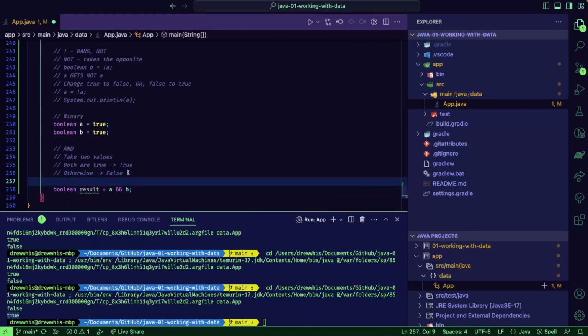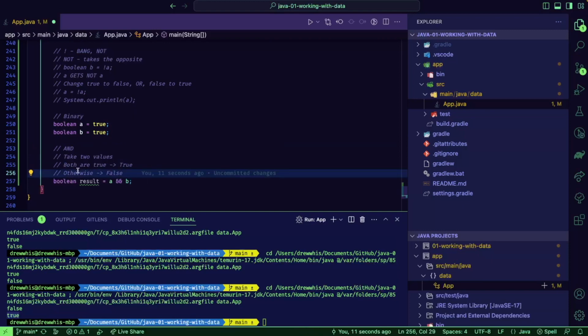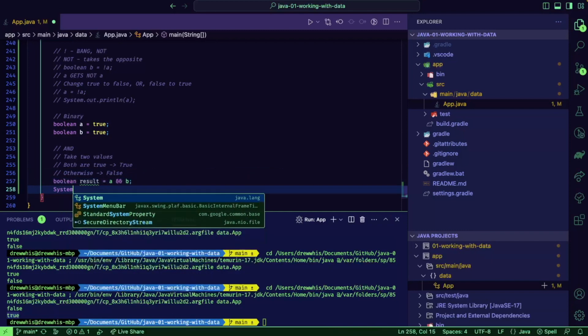And so the symbol we use for AND is two ampersand symbols. And what it does is it says take the value in A, take the value in B, and perform the AND operation. And the AND operation is defined as we just said, where if both values are true, then the whole thing is true. Otherwise, it's going to be false. So if we run